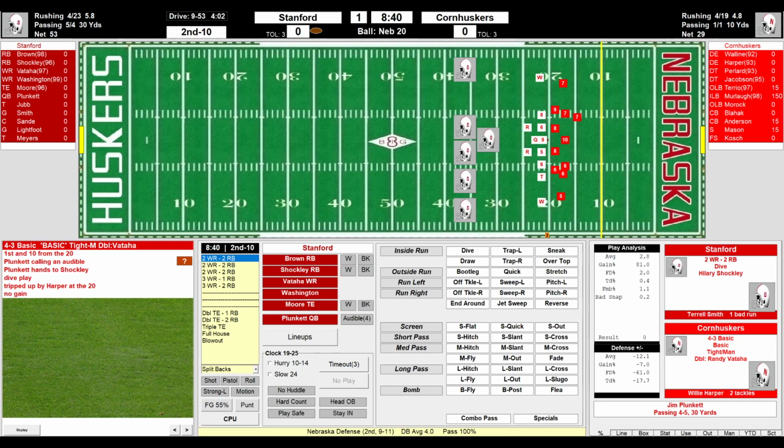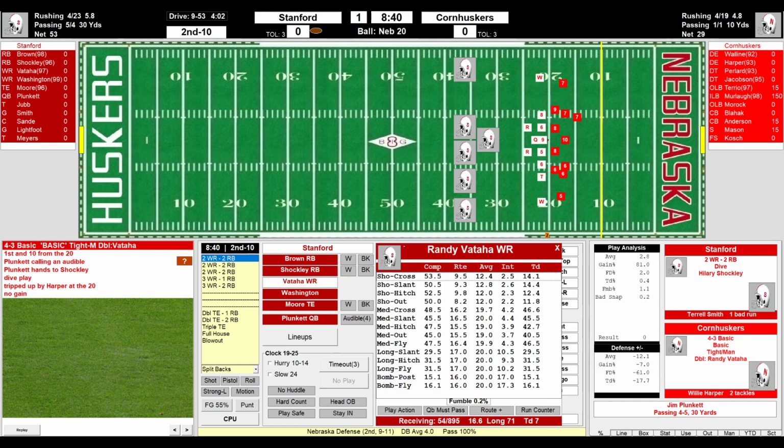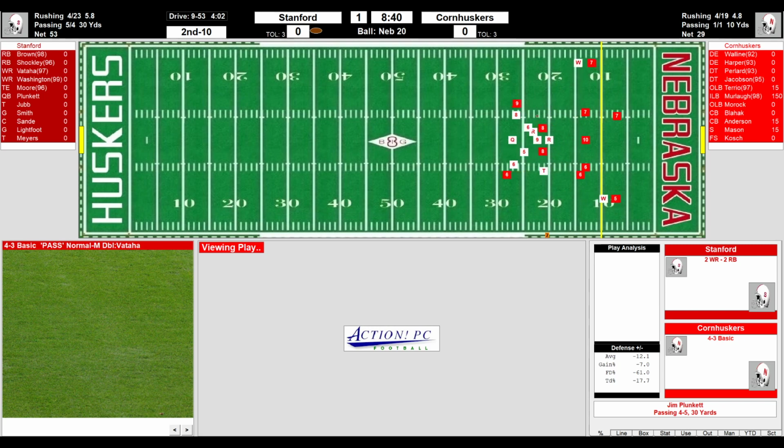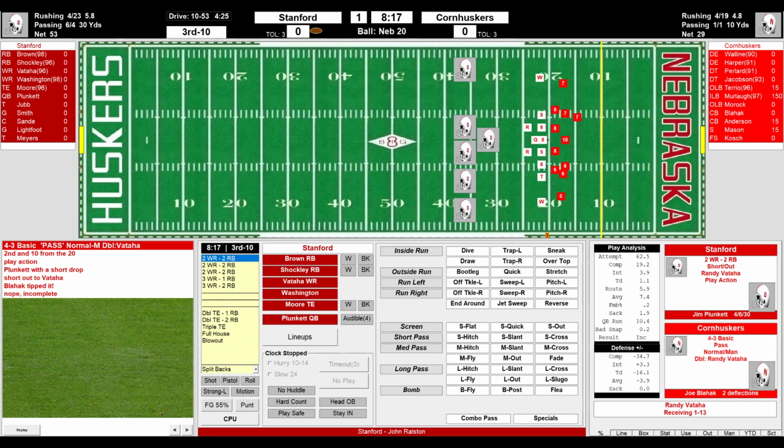So 2nd and 10. Play action fake. They're going to look for Randy Vitaha on the short out. Plunkett drops back to pass. Throws. Incomplete. Deflected by Blahek as he almost jumped the route. And it is 3rd and 10. A field goal attempt here by Stanford. If they fail to get another yard,